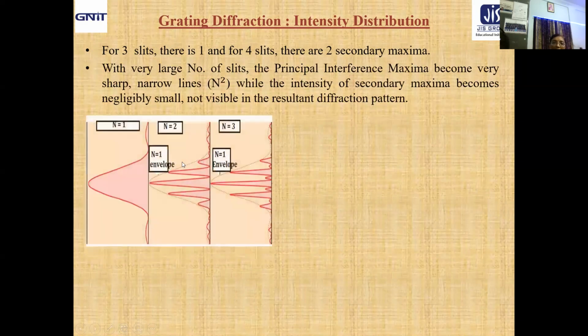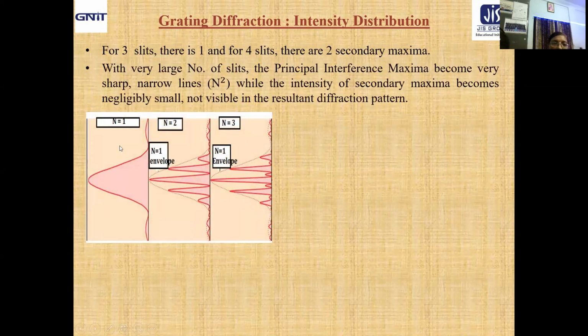Now let us take a look at the comparative study between n equal to 1, n equal to 2 and n equal to 3. This is n equal to 1, the central diffraction maxima, then secondary maxima. In case of n equal to 2, in the form of missing orders, you are getting the number of interference maxima to be accommodated in the region normally occupied by the single slit diffraction pattern. Clear? Now, when n equal to 3, just take a look.